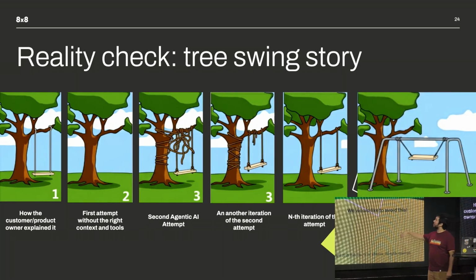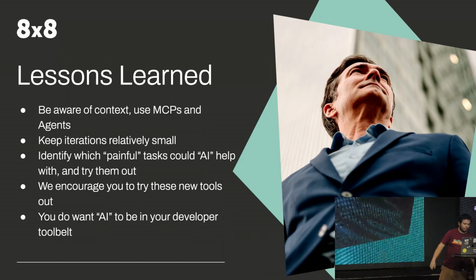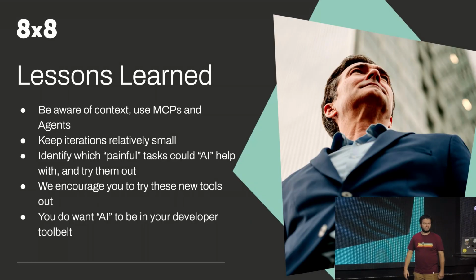But we would like to avoid this. We would like to avoid this because the tree represents our architecture and our system we built over a couple of years, and the team and the product organization started to use different tools like Lovable, Bolt, V0, and so on. So, as lessons learned, the context is very important, MCPs are important, iterations need to be small,